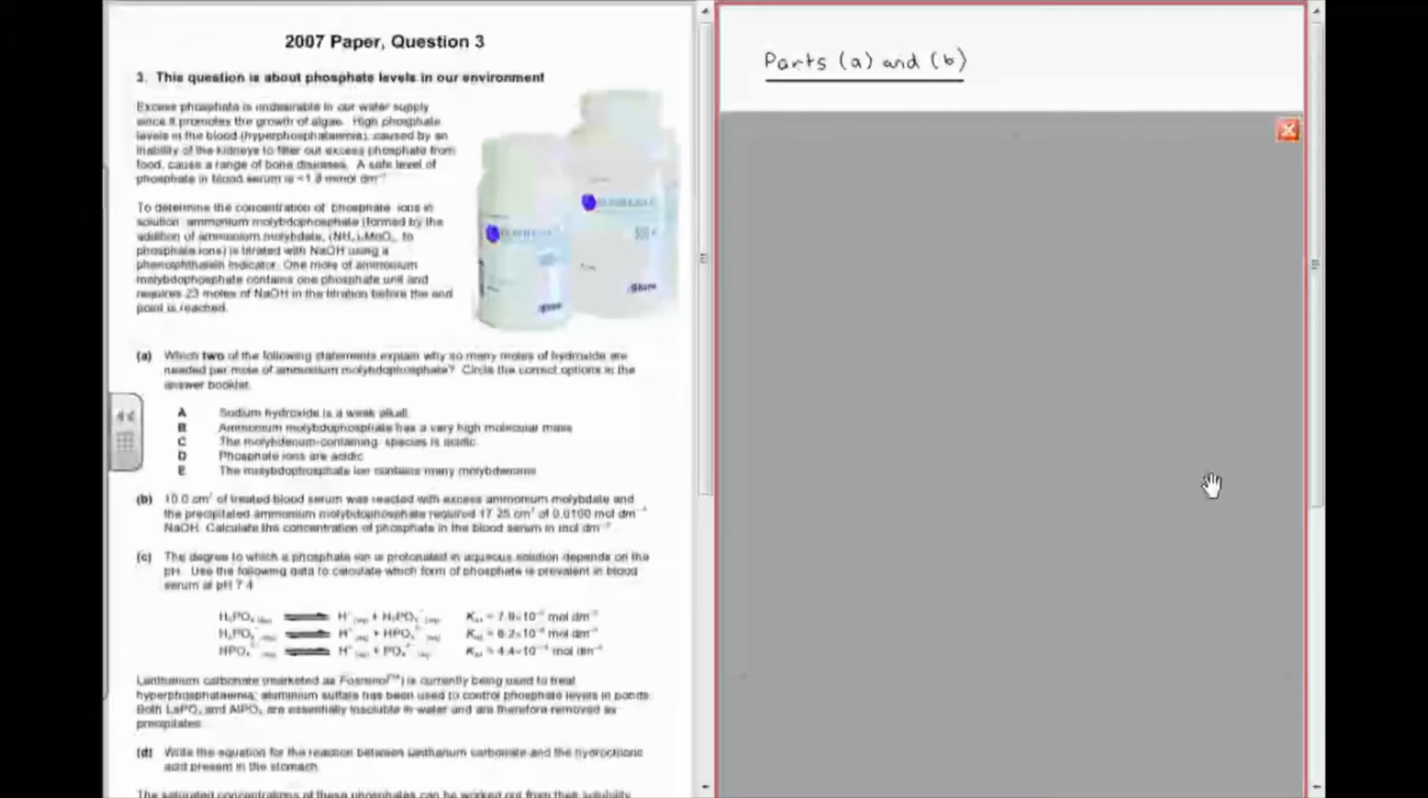This is question 3 from the 2007 paper, and this question is about phosphate levels in our environment. The question begins by providing some background information into the problems that can be caused by excess phosphate levels in both water supplies and blood. The introduction then moves on to explain how the concentration of phosphate ions in solution can be determined by the